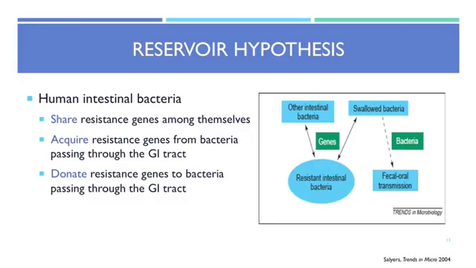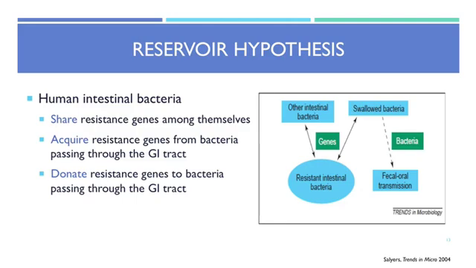So when you look up microbiome literature, it talks about how resistance can be transferred within our microbiome. This hypothesis basically says that our intestines, particularly, are a reservoir for resistance, and that's the term that's used. But the components of this are basically that bacteria can do three different things in terms of resistance. They can share resistance among themselves, so they're living happy in your intestines, and they can pass plasmids or different types of DNA to one another